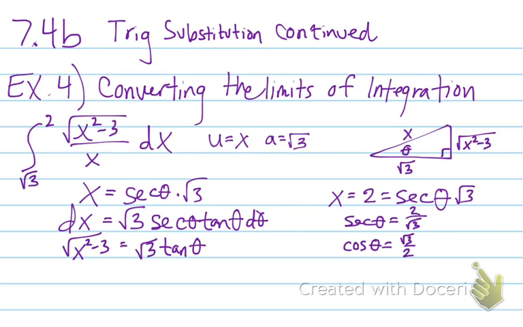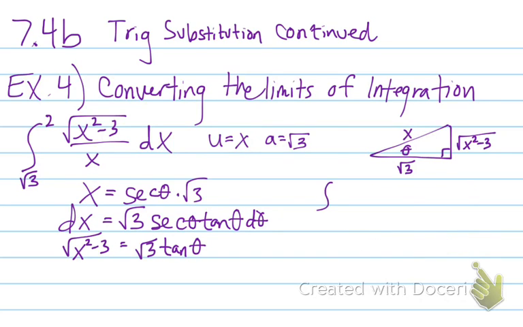And if you go back and look at the unit circle, cosine of theta equals root 3 over 2 when theta equals pi over 6. So that's my upper limit, pi over 6. My lower limit is 0 radians, my upper limit is pi over 6. So now when I plug everything back into my integral,